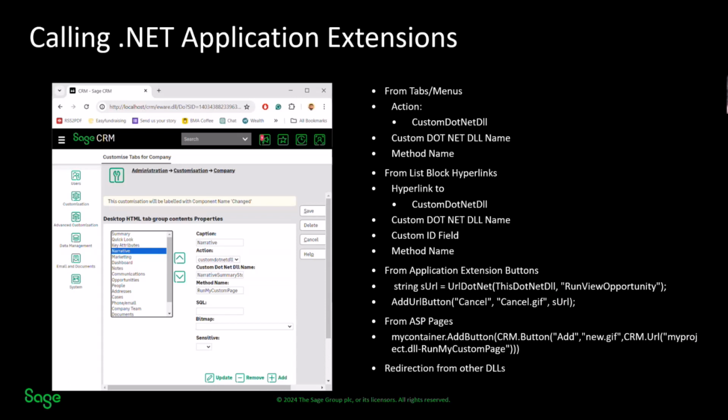.NET extensions are invoked in a very similar way to how ASP pages can be called. They're called from our tabs and menus. We have a specific action that we'll see when we come on to creating our first project, which is custom .NET DLL. It relies on the idea that we need to make sure that we're referencing the .NET DLL, but we're also referencing the publicly exposed method that will invoke the behavior that we've programmed and that